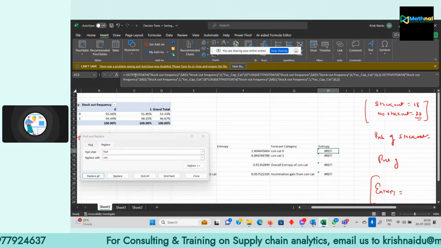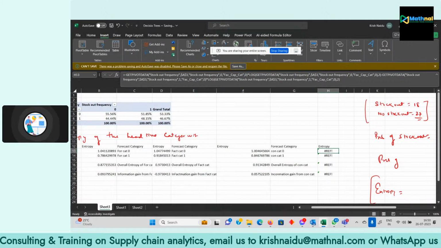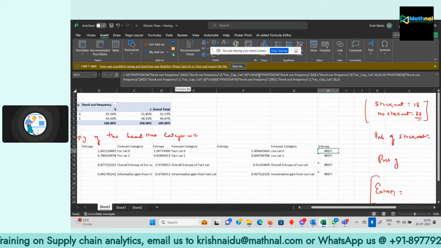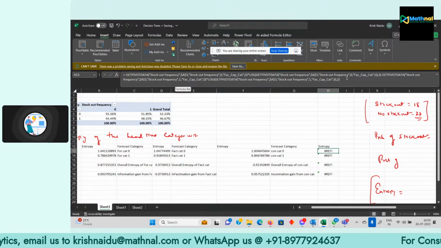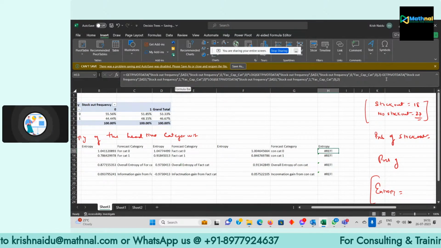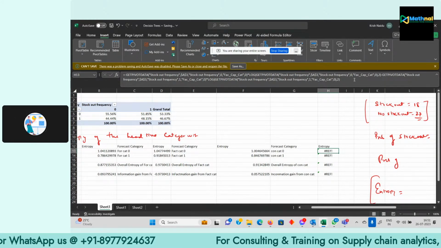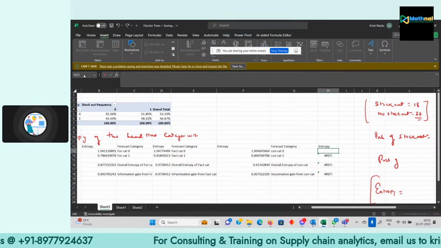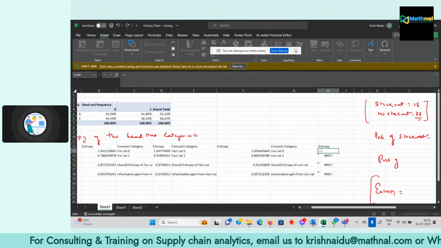Now this formula, there is some error we are noticing here. So let's see where is the error. I thought it would work by itself, but it is not working by itself. So let me remove this formula. Okay, so I'll put the formula again. So minus, here we got